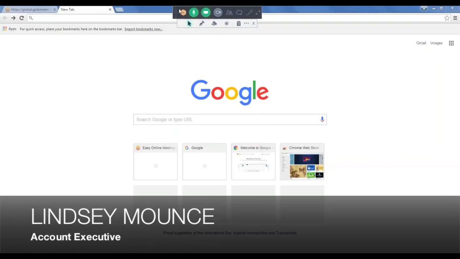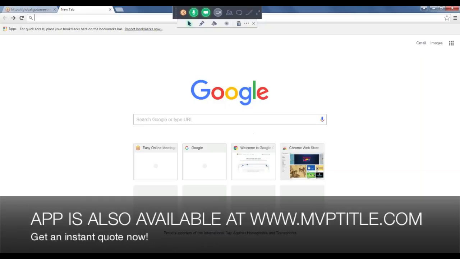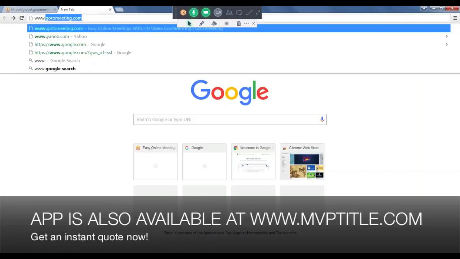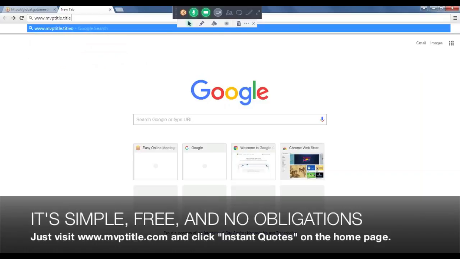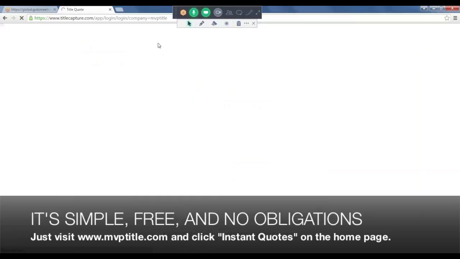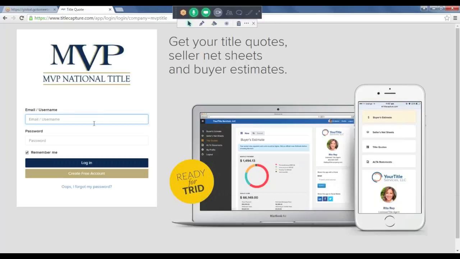So it's a web-based application. What you need to do is, in your Google search bar, not down here but up here, type in www.mvptitle.titlequoteapp.com and hit enter. This will be the screen that pulls up first, and you're going to put in